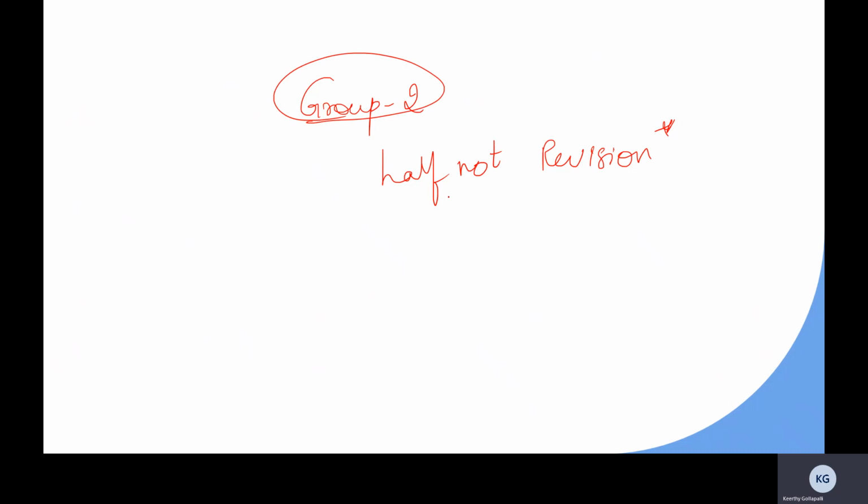Then focus on your group 2, which is like, you know half but are not sure. You need a revision. You need to understand a little more. Then focus on group 2 of the syllabus. At the end, go for your group 1 topics. So you have to make a list of your entire syllabus from paper 1 to paper 4 and put them in the 3 groups. And first go for the group 3 things, which you don't know anything about. If such questions are asked, it's going to be a bouncer for you.